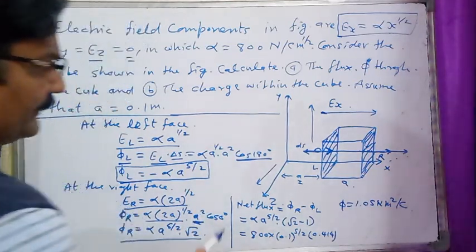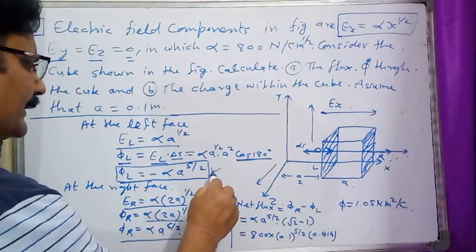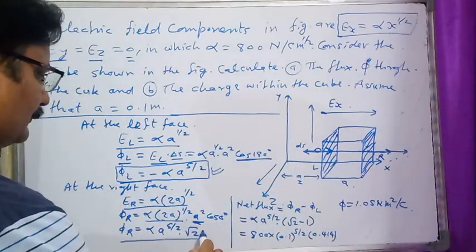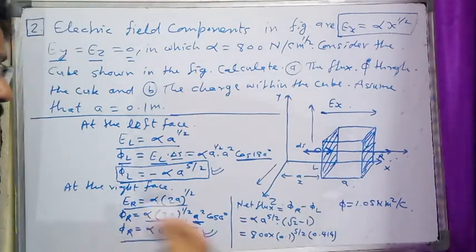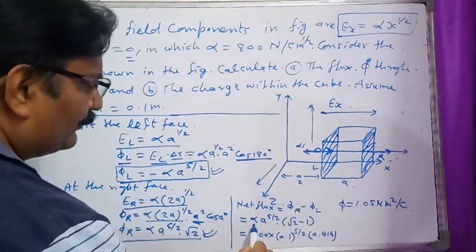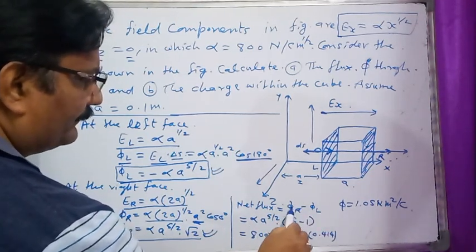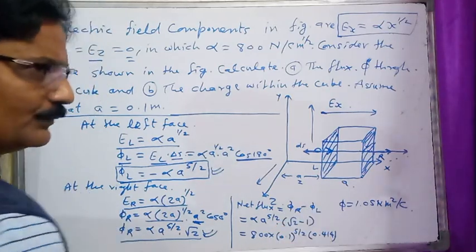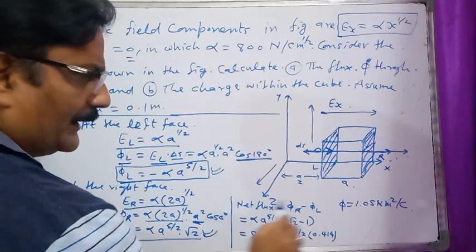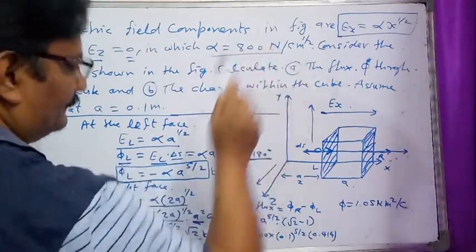So what is going to be the value of the net flux passing through the cube? This flux is negative as it is incoming flux to the cube, and this is positive flux as this flux is outgoing flux. Therefore net flux passing through the cube can be calculated as phi R minus phi L, flux passing through the right face minus flux passing through the left face, alpha a to the power 5 by 2 into square root of 2 minus 1,